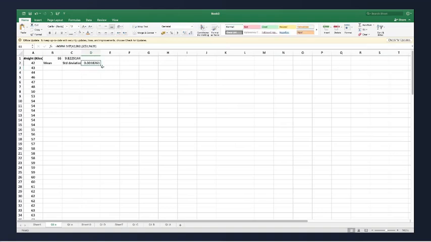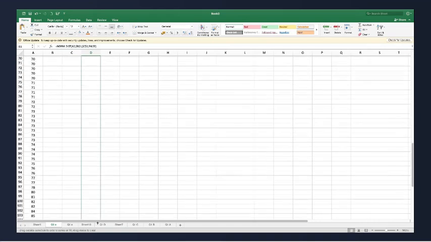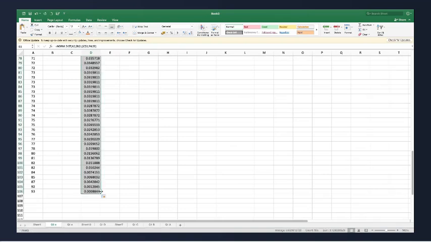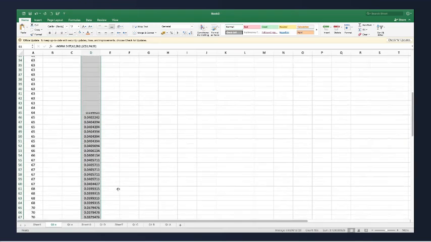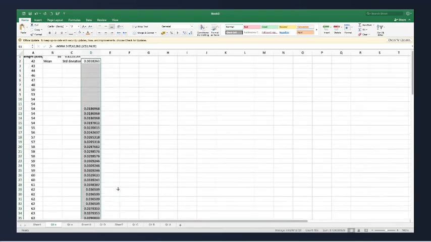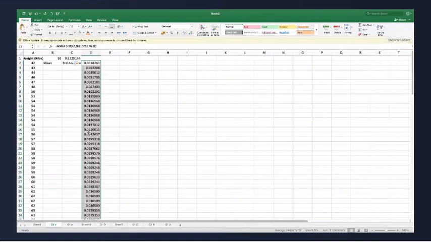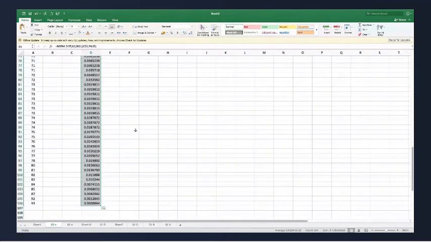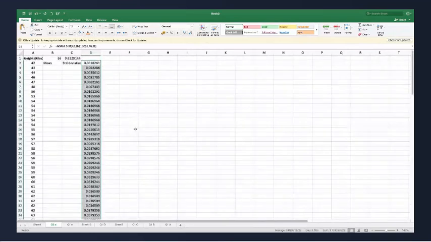Now I will select this. I will bring my normal distribution and stretch the formula application to all the cells till number 106, right? So I have got the normal distribution for all the weight variables. Got the point? Now, how will I know with the numbers whether this is normally distributed or not?